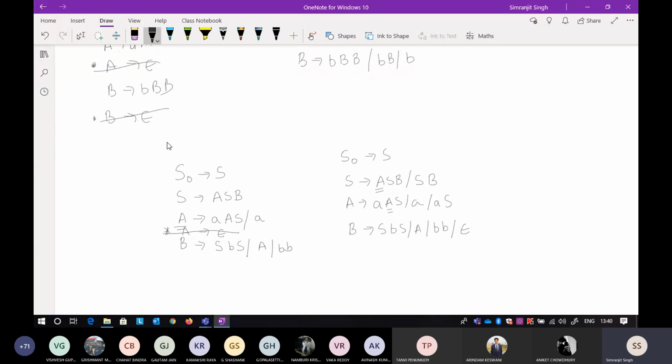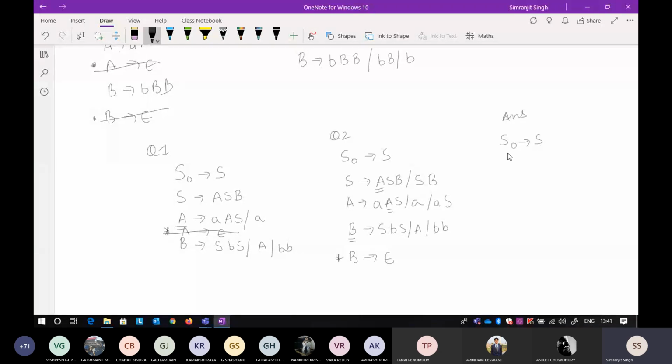Okay, so first of all this was your problem question, and now this question is transformed to this one. Now here it's also epsilon. So now you write it again like this, that you have to eliminate this B tends to epsilon also. So how can you eliminate? Now this is your answer. Again follow the same thing: if you want to eliminate, I can also write it like this, B tends to epsilon. Now consider this one as a question, and you want to eliminate this because this is creating a problem here.